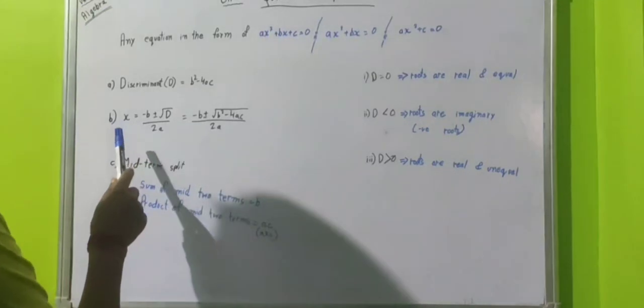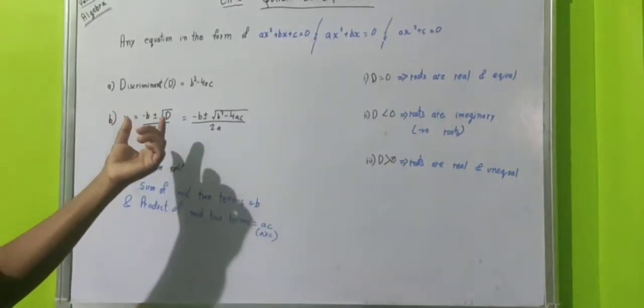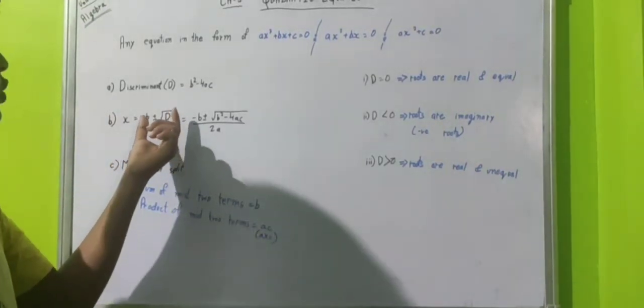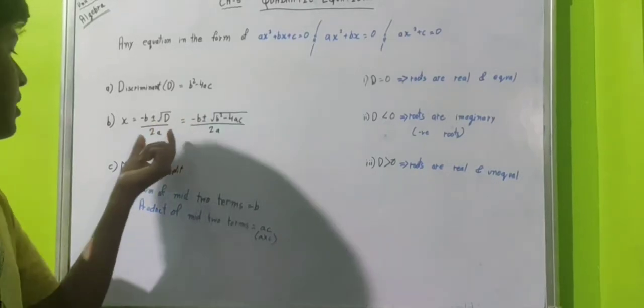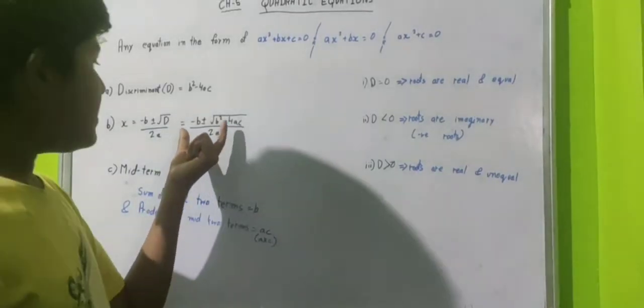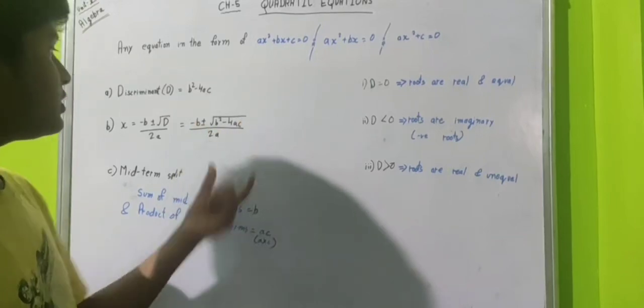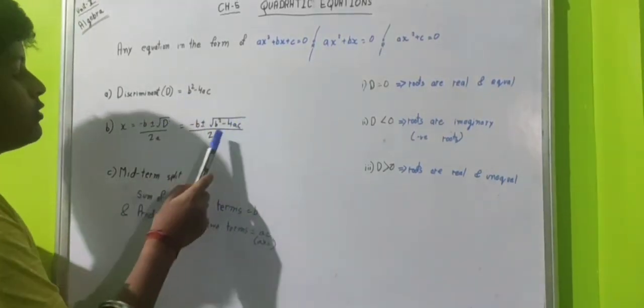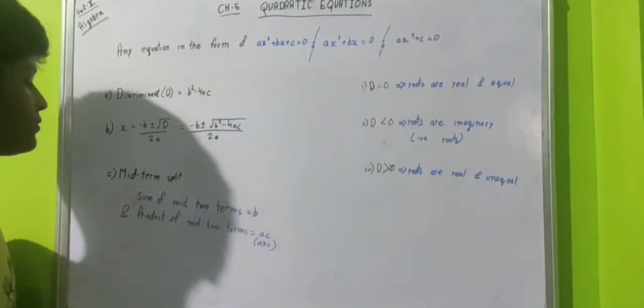Next, x is equal to minus b plus minus under root D, that is discriminant, by 2a. It can also be written as minus b plus minus under root b square minus 4ac. The value of D is put here, divided by 2a. And the